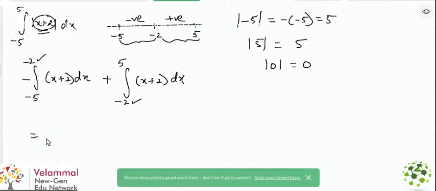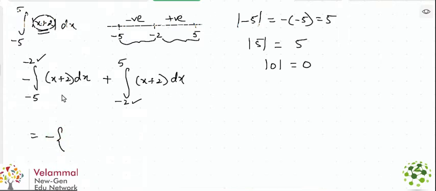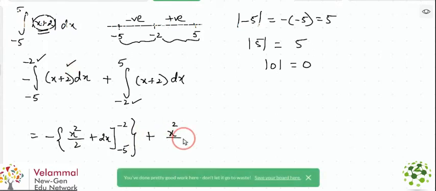So this is minus of x plus 2 integration, which is x square by 2 plus 2x between the limits minus 5 to minus 2. Over,